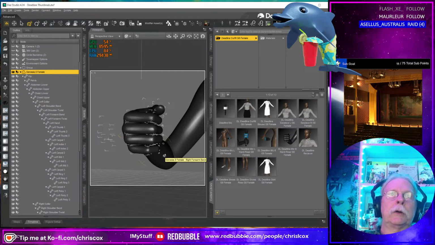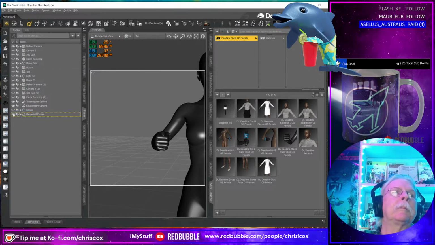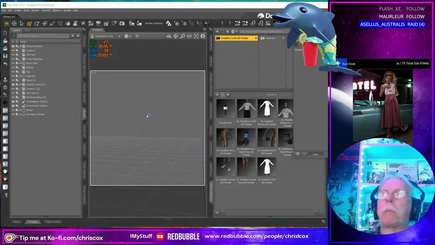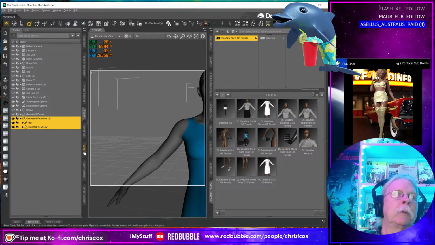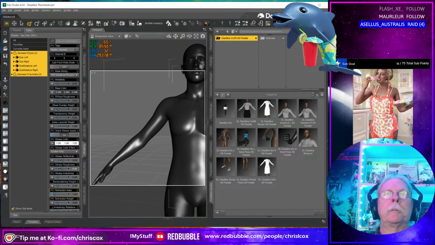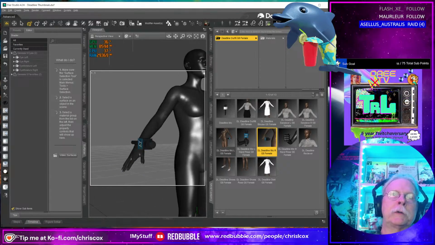All right, now we're going to do the Genesis 9 versions of these. So I'm gonna leave this in the scene and we're gonna hide it. And we'll bring in a Genesis 9. And we'll select that and the eyes. And we're going to change the colors to that shiny dark color. Like that. So now if I select you and if I apply this one here, the pose didn't take.